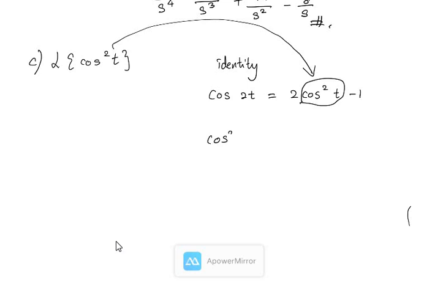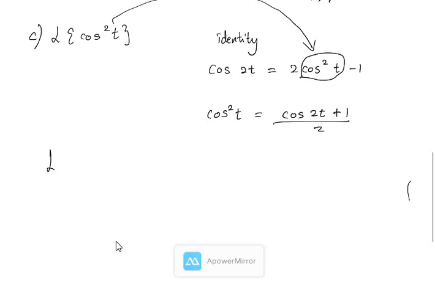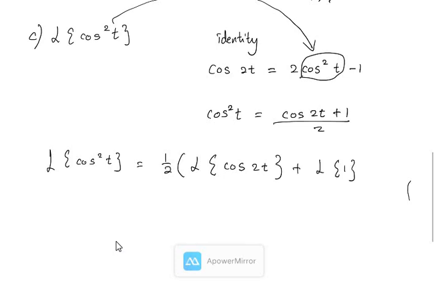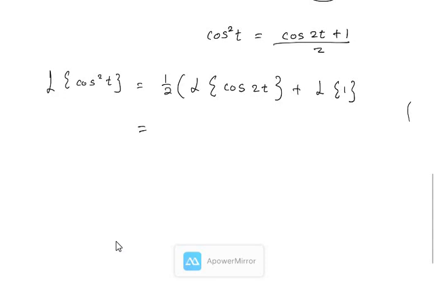So cos squared t is equivalent to (cos 2t plus 1) divided by 2. So now we can perform the Laplace transform. The Laplace transform of cos squared t is equal to half of the Laplace transform of cos 2t plus the Laplace transform of 1. So when you check the table of Laplace transform for cos 2t,